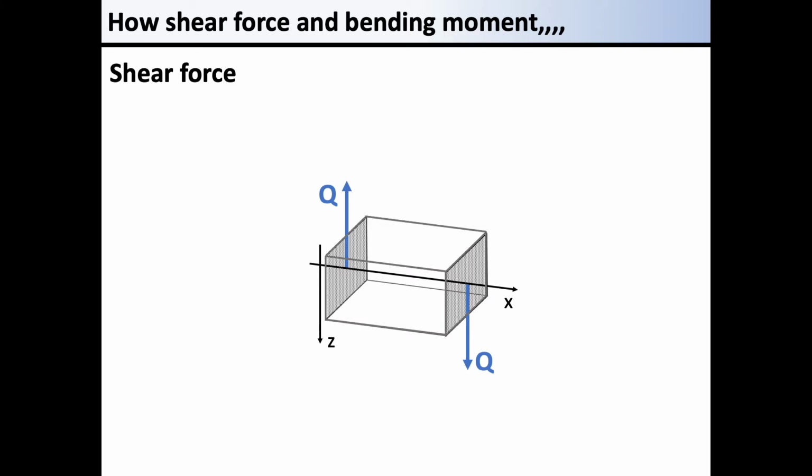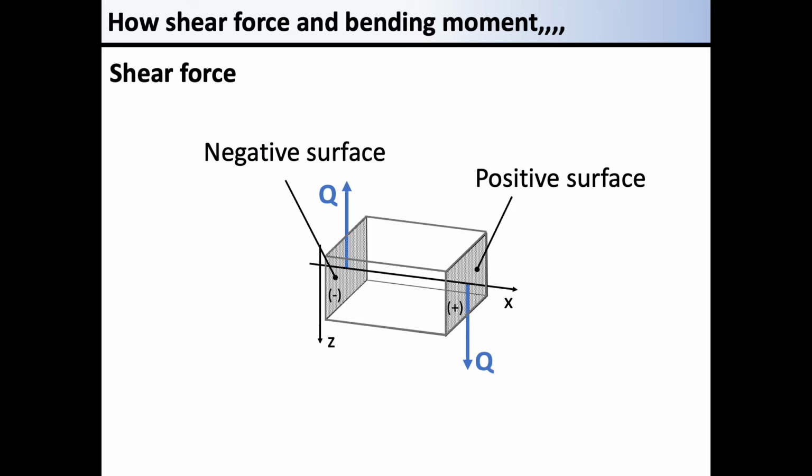To understand the shear forces of a beam, you must first understand the concept of the negative surface and the positive surface. In this illustration of a beam, which do you think is the positive surface? The surface on the right is the positive surface. You may more clearly understand by recognizing that the positive surface has a normal vector toward the positive direction along the x-axis. This is the explanation of what the positive surface means.